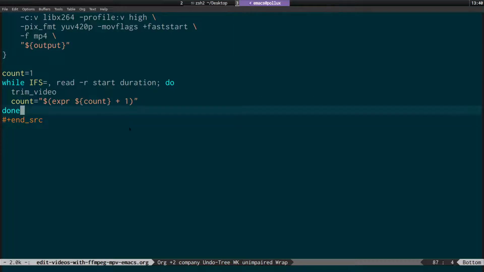So what this does, we're piping that block of code into this, and what it's doing is it's going to read it line by line, and the field separator that it's using is the comma. Anything before the comma it's going to set to the variable read, and anything after the comma is going to be set to the variable duration. So it's going to go through each line, look at them separated by the comma, set the first bit to read and the second bit to duration, and then it's going to run this trim